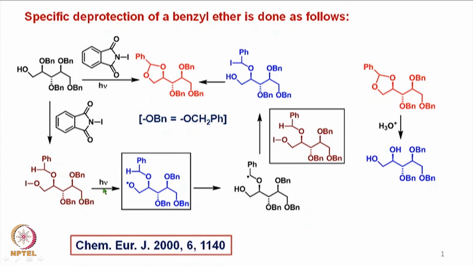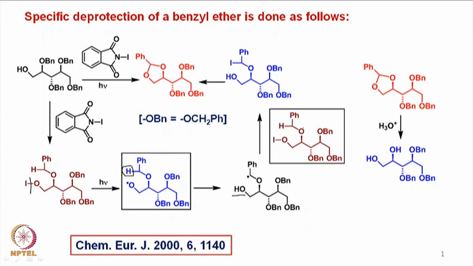And now, when we do the photolysis, this iodine oxygen bond undergoes cleavage to form the oxygen radical here, and of course the iodine radical will go away, and this oxygen radical intramolecularly picks up the hydrogen from here as a hydrogen radical and becomes an OH group at this position, and generates a radical here at the benzylic position, because this radical is stabilized by the phenyl ring, and also stabilized by the oxygen. Now, this particular radical then reacts with the same